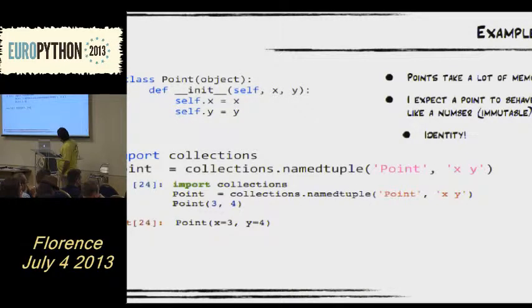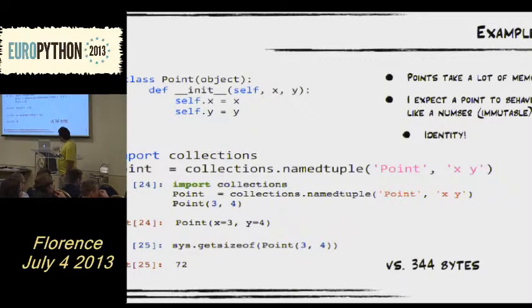So this is better actually. We just use a named tuple, okay? And we also have some more functionality provided by the named tuple thing, like this beautiful str rep, whatever it is, method that allows us to see the actual contents of the point. And this also contains less code,